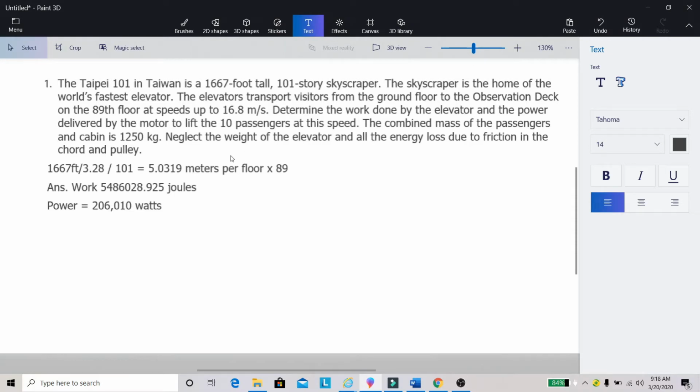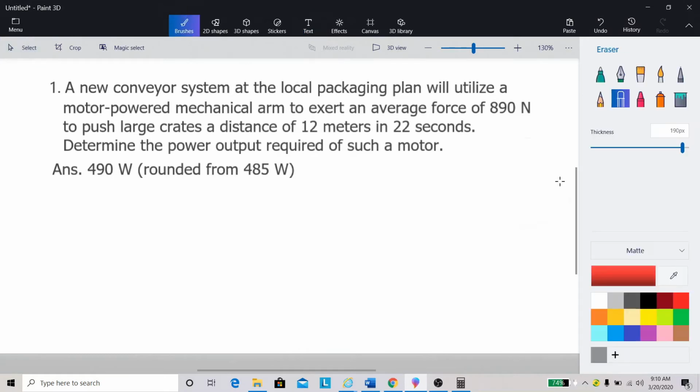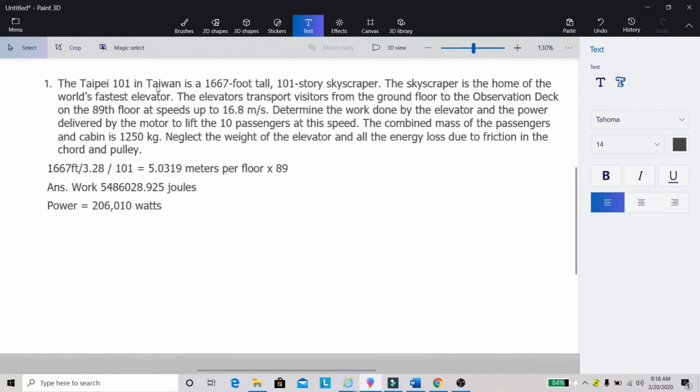Personal touch kasi nga medyo about the conveyor system at the local packaging. Tingnan na lang din natin yung mga given ano. So, kayo na ang bahalang mag-solve nito. Napakadali na nito para sa inyo. 12 meters yung displacement, 22 seconds yung time, 890 yung force. Na-challenge tayo dito sa problem nito, hindi dahil sa mahirap, kung hindi dahil sa nakita natin kung gaano kabibilis talaga